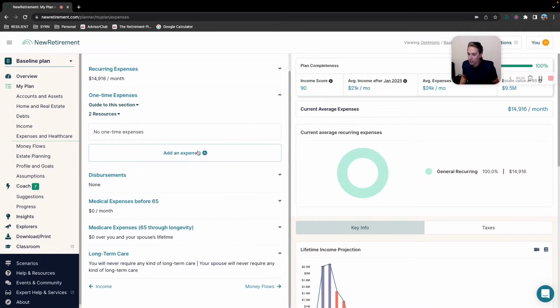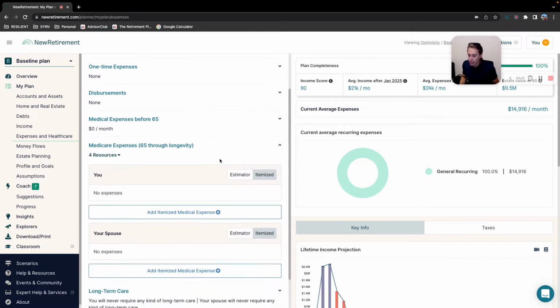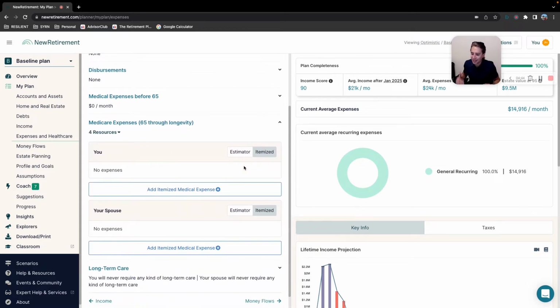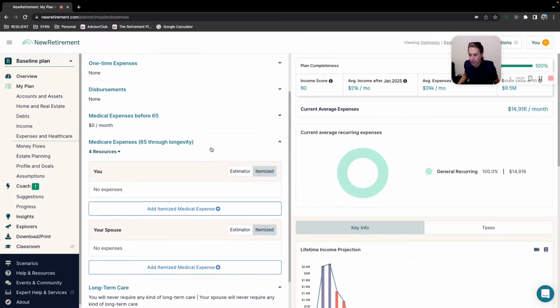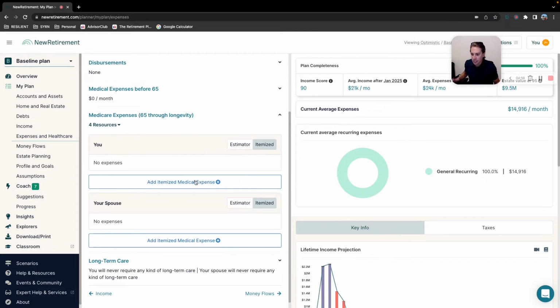And then the other thing I wanted to touch on, I'm trying to keep this video short, is the medical expense area. And there's, again, some confusion with this area that I typically see with my clients, and I just want to give my perspective on how you might want to consider completing this. As far as your Medicare expenses and medical expenses specifically,